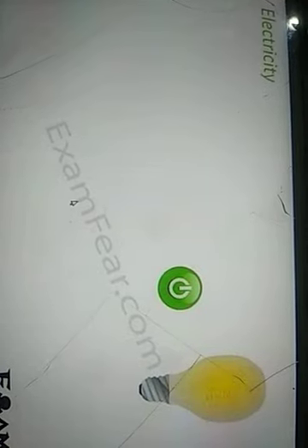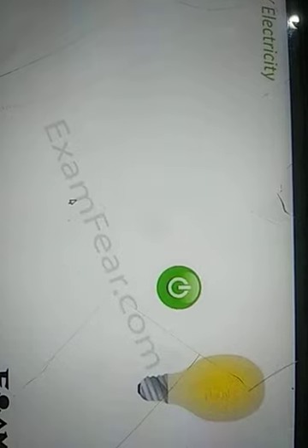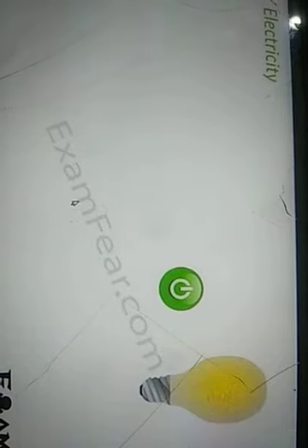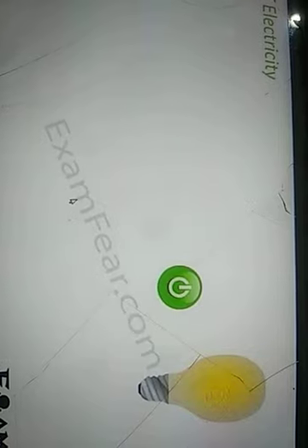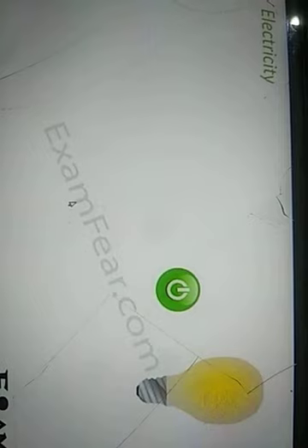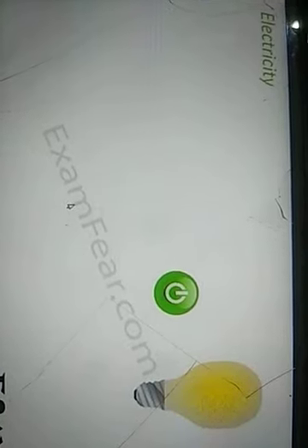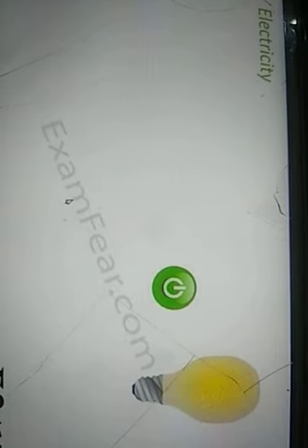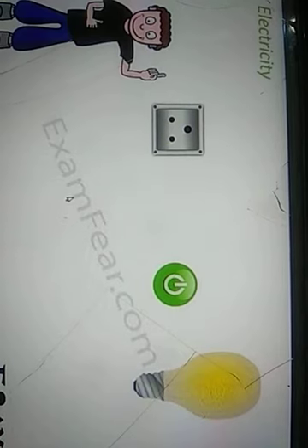Now before we go ahead, let us look at some of the important applications of electric current. As I mentioned, switching on the bulb makes it glow. But do you know what happens when we switch it on? When we switch it on, basically the current flows through a circuit, and due to the flow of current, the bulb glows. Now we will see this through a diagram. But this is one instance where electricity plays an important role.